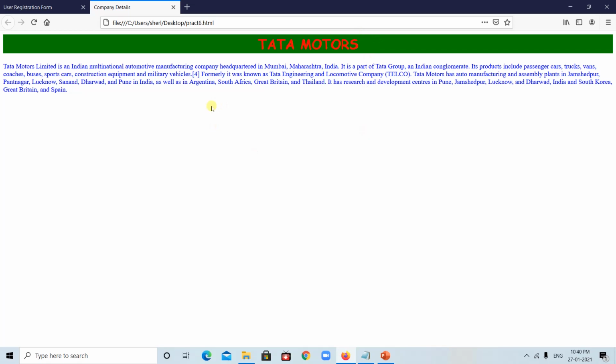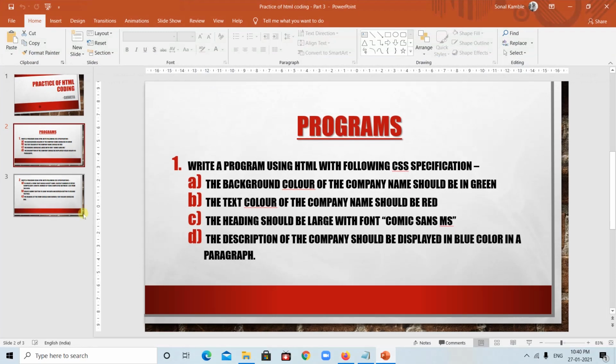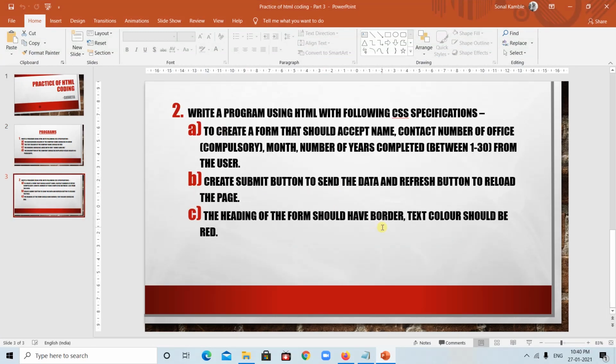Okay, so this is about the coding, this is the output of that coding. So I hope this is clear to you. It is very easy. Okay, now let's see the another coding, another question. So the next question is,